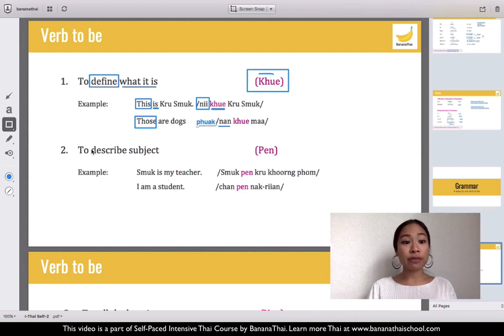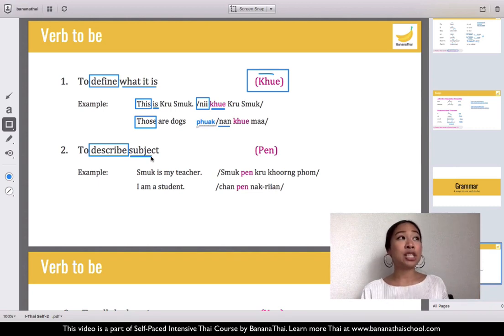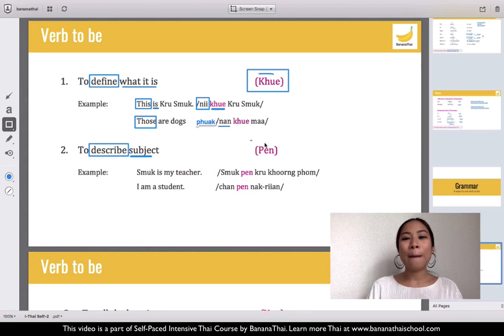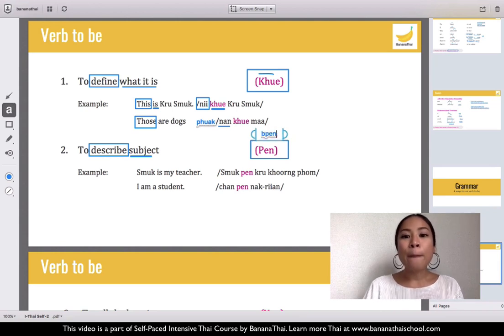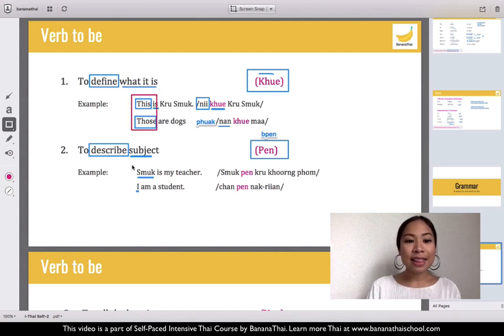The second way to use verb to be is to describe the subject. So basically you know already what the subject is. Maybe the subject has been mentioned before. So for this, you use the word เป็น, with strong P, okay? So you pronounce more like BP. เป็น, right? Very good. In this case, the subject is already defined. So you just want to describe. First example, Smoke is my teacher. So you should use the word เป็น. So Smoke เป็น